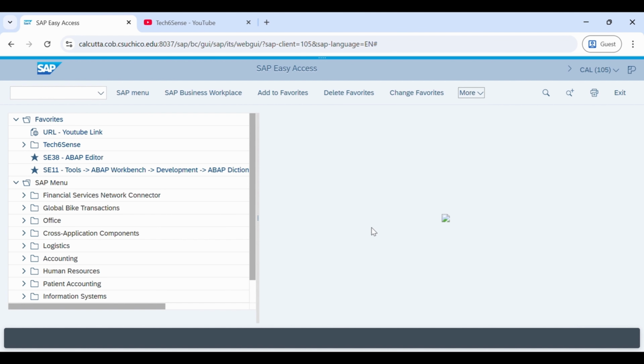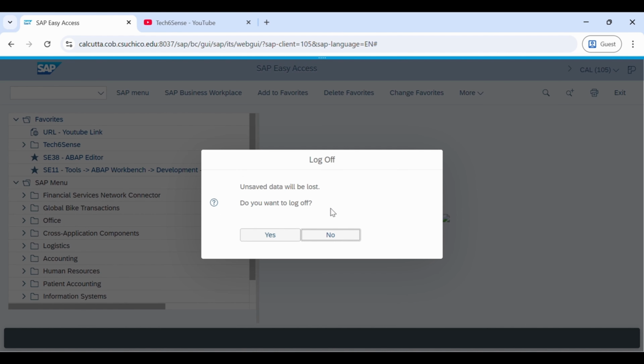If you click on log off, the same screen pop-up will be available. And yes, unsaved data will be lost. Do you want to log out? Definitely yes. If you click on yes, you'll be logged out from the system,